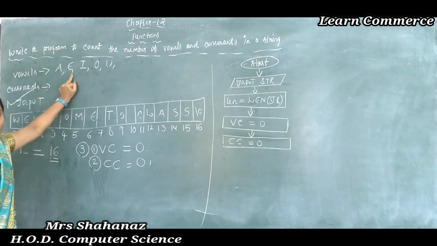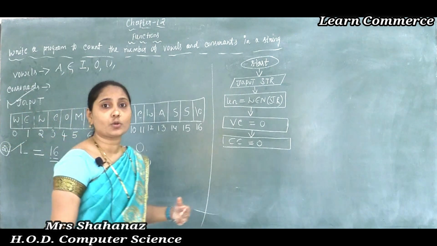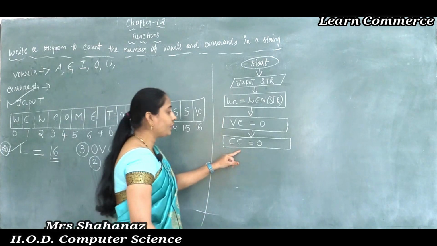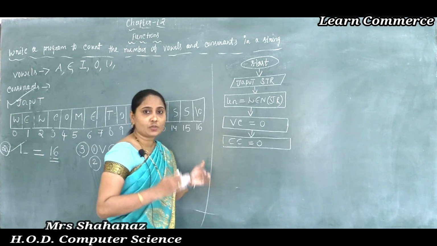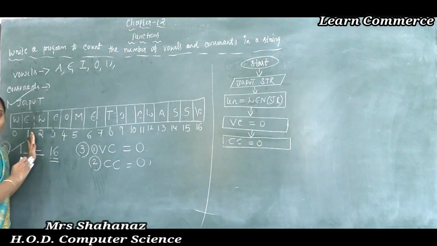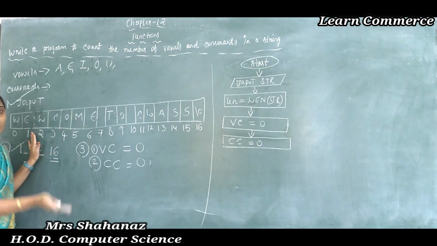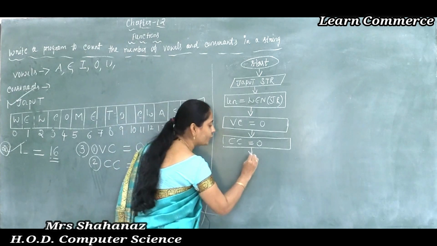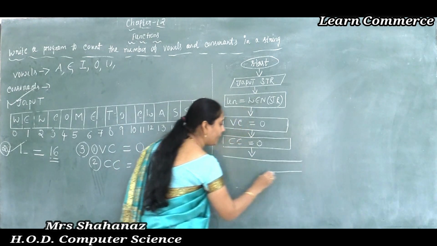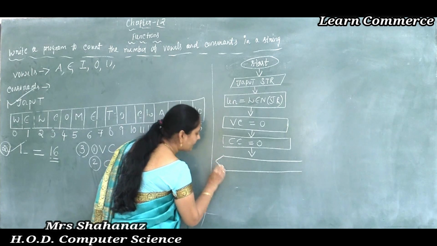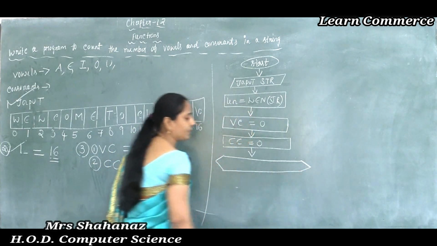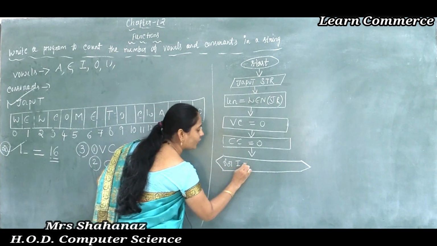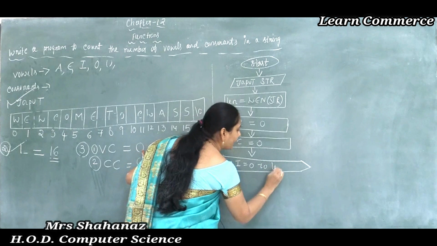As we know, we must decide which letters go to the vowels and which letters go to the consonants. After initializing all those, to check whether it is equal to VC or CC, first of all we need to access the characters one by one. So how do we access the characters one by one? By using the symbol called the looping symbol. Clear this point here? In our looping symbol I am using for I value is equal to 0 to len minus 1. Okay?